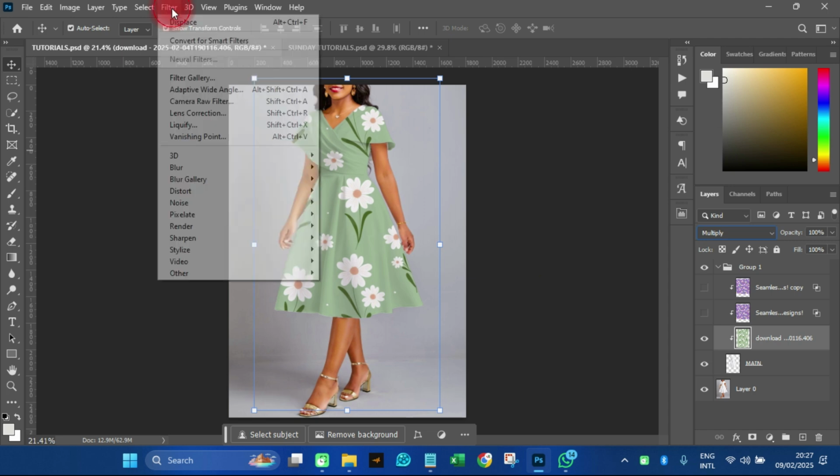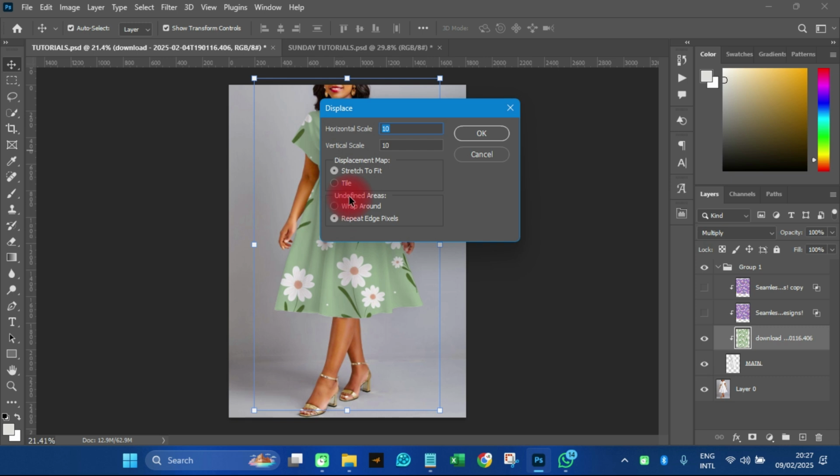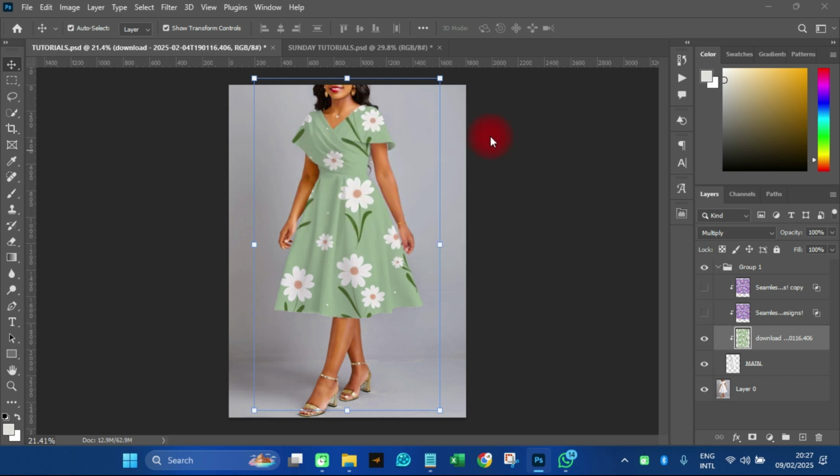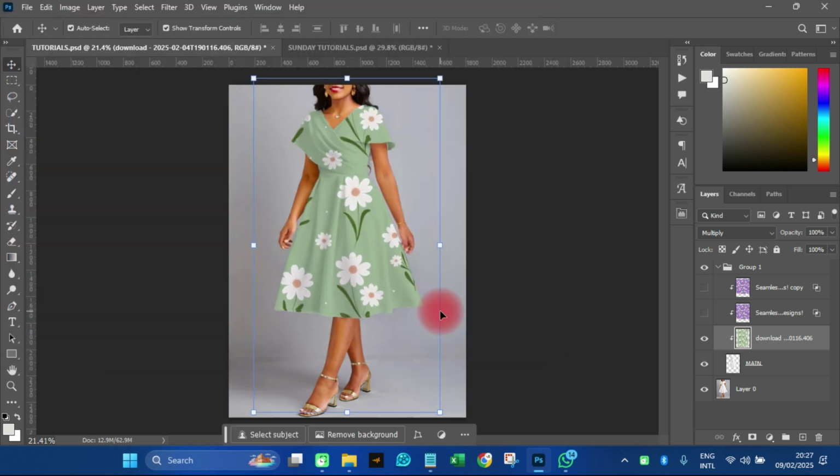Then I'll go to filter. Then I'll come to distort. Then I'll go to displacement, and then when everything is okay, then I'll click OK. Then I'll go over and select my CC over there, what I've already saved. Then I'll have it just like that. So cool. And then the next thing I'm going to do is, when this is selected, then I'll come to FX. Then I'll go to blending mode over there,